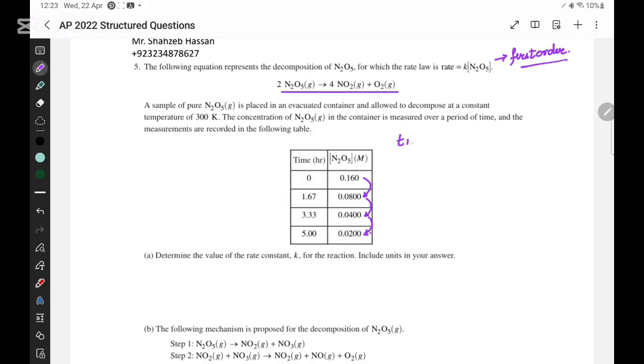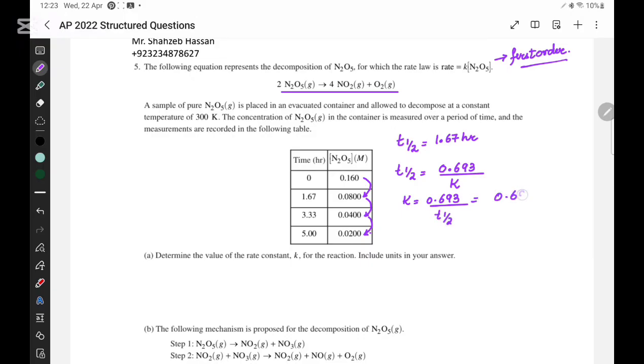So half-life is the time at which the concentration becomes half, so that is going to be 1.67 hour. And the formula to find the half-life for first order is going to be 0.693 divided by K. So if you want to find out K here, 0.693 divided by T half-life,